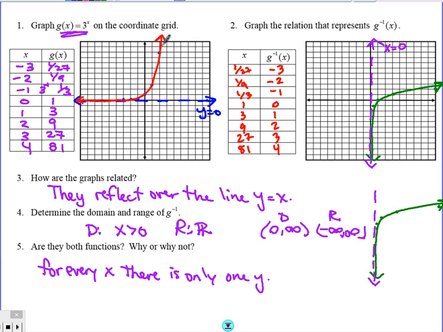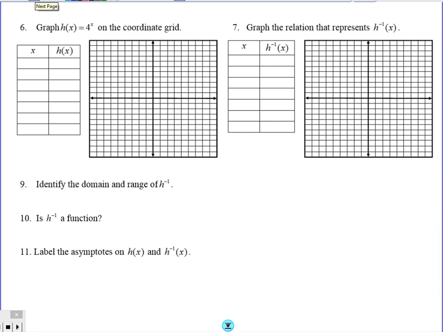Yep. This one, a lot of people say no. They feel like that is a straight line. They're like, oh no, it fails. But they're actually changing values. They're different numbers. They're just getting really close together. Okay, so yes, both of those are functions, because for every x, there's only one y. Okay? All right, so there is now another function, the exact same process, but now we have 4 to the